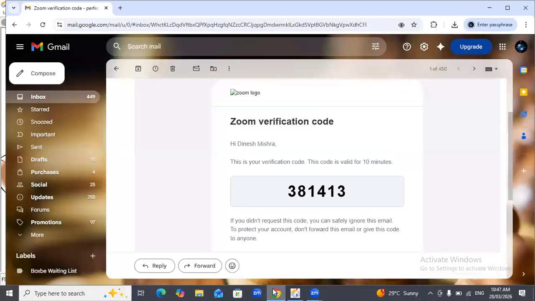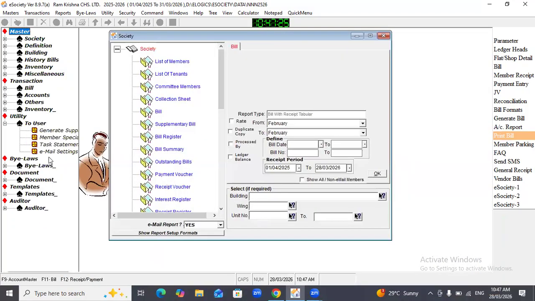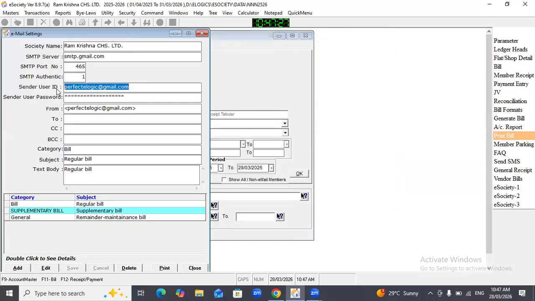Go to your email, for this go to tree utility, user email setting. Go to this email ID which you have set.